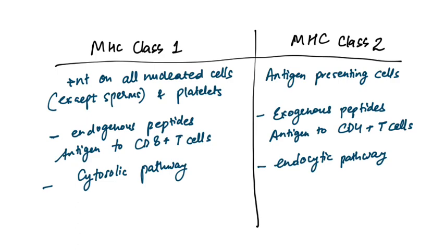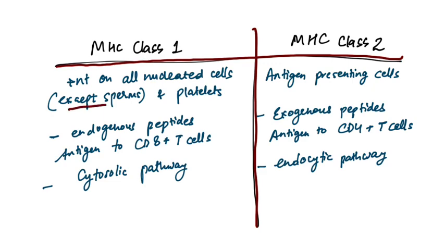Now the difference between MHC class 1 and MHC class 2. MHC class 1 is present on all nucleated cells except the sperms. That exception you should remember. It is also present on platelets. MHC class 2 is present on APCs, antigen presenting cells,